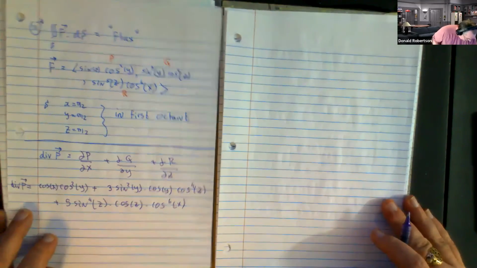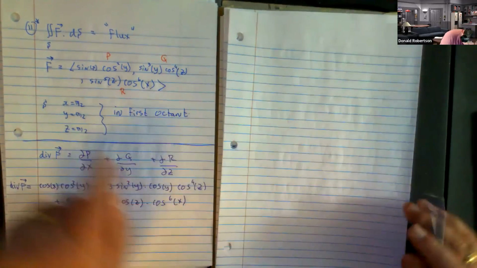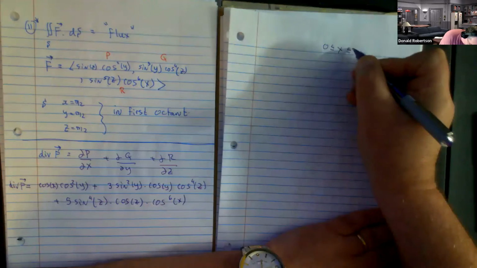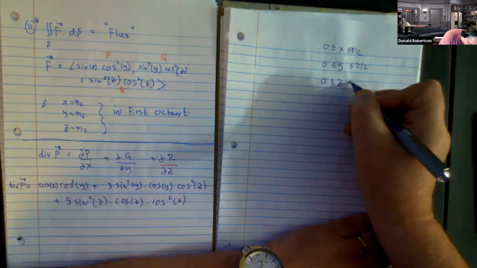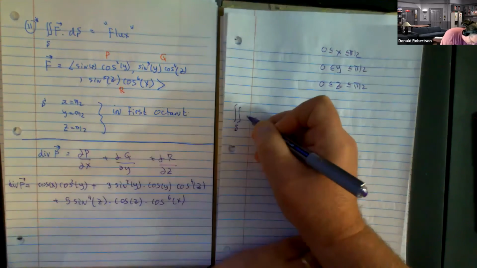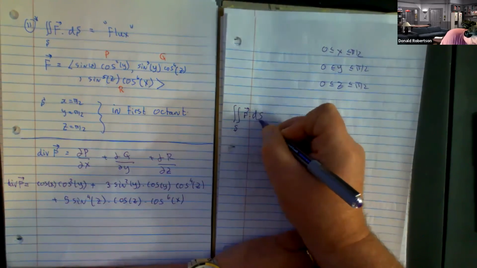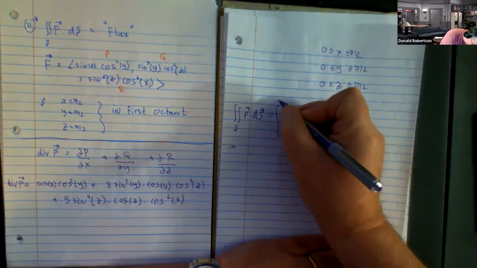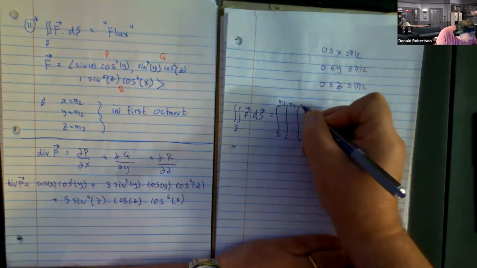What about the region R? Well, since it's in the first octant and these are the guys you're going to deal with, we really don't have anything to think about. It's going to be 0 for the Y's and the X's and the Z's. And so this guy is going to be the integral from 0 to pi upon 2, 0 to pi upon 2, 0 to pi upon 2 of this ugly expression,